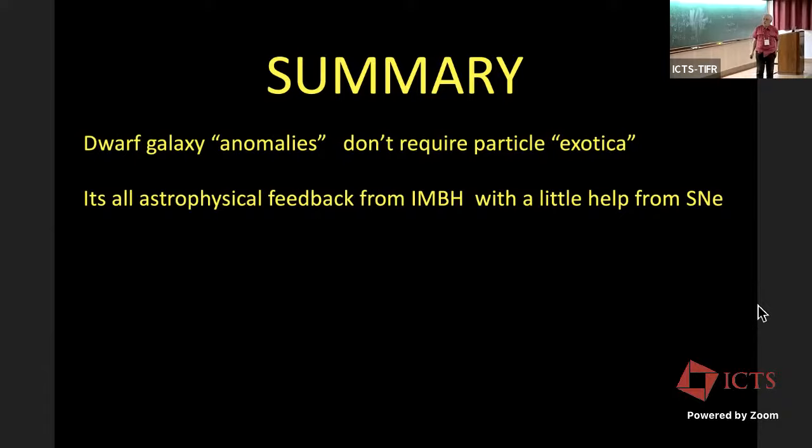I have tried to argue that the problems we've had up till now by looking at the dark matter properties in dwarf galaxies may not be problems. I don't think they justify the somewhat exotic particle physics that has been discussed over decades now, as giving you a solution to the problems of astronomy. It's not as though we're repeating Einstein's adventure with the advance of the perihelion of Mercury. Very far from that, with observations that have not stood centuries of test, but rather are, I would say, just simply not robust relative to the unknown physics that's around.